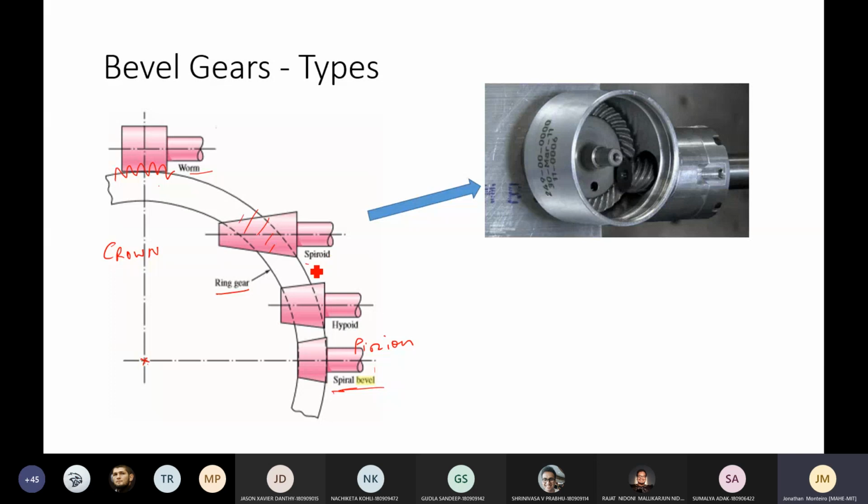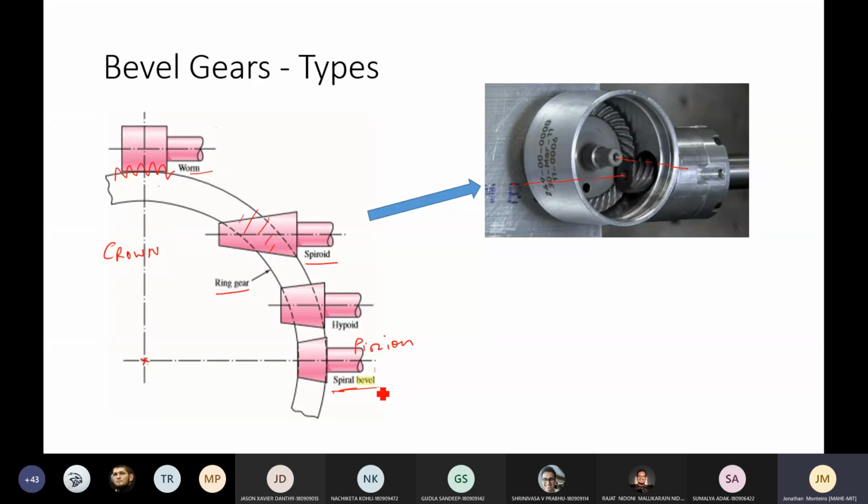One of them is called spheroid. That example you can see here. What is the beauty of this combination? You see, the planes definitely intersect, but the axes themselves don't intersect. The planes will intersect, but the axes don't. Look at this: the axis is somewhere over here if you project it, and this axis is somewhere over here if you project it. You can see the difference now. So it is shifted or offset from the intersecting position.